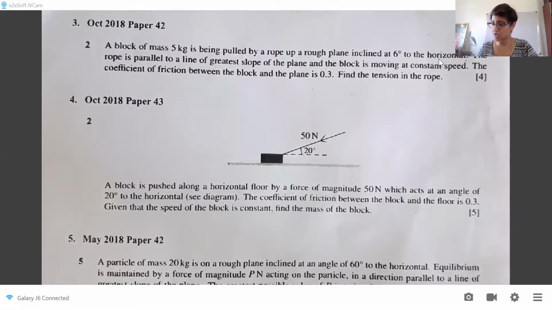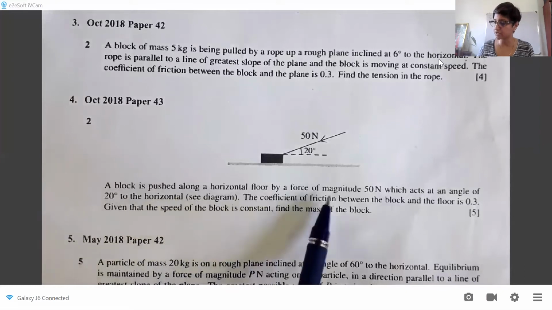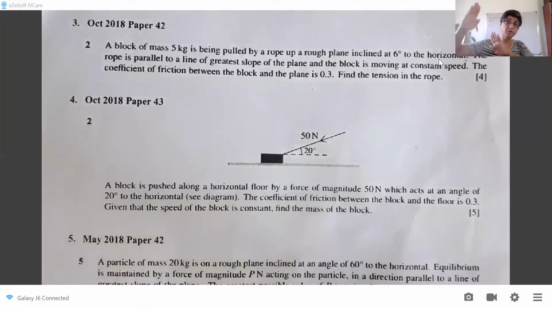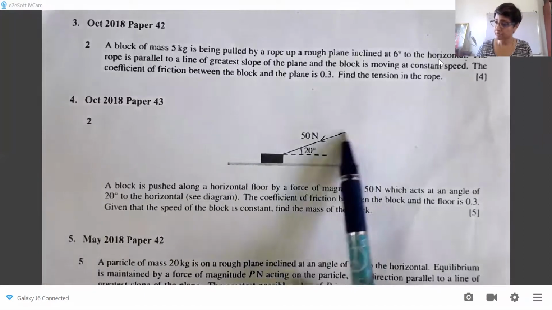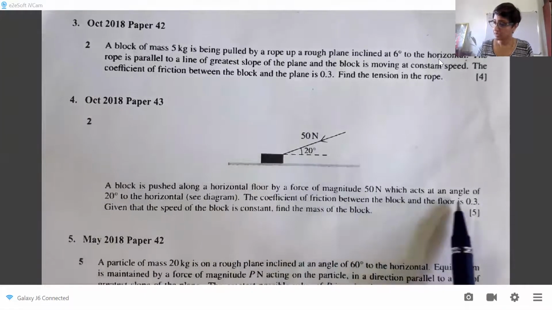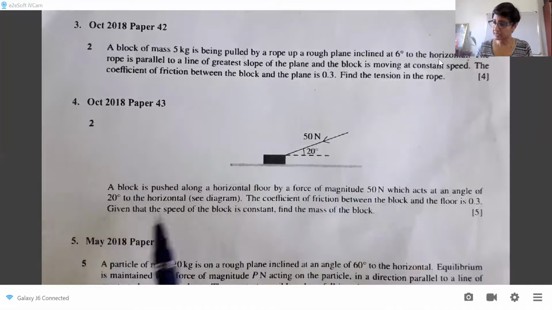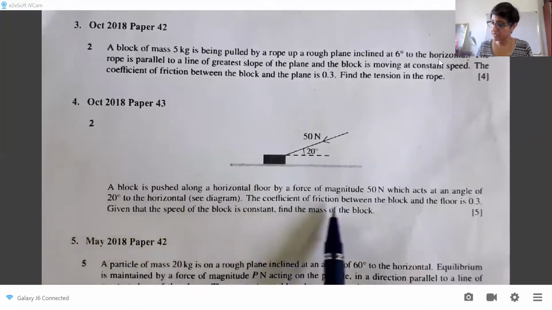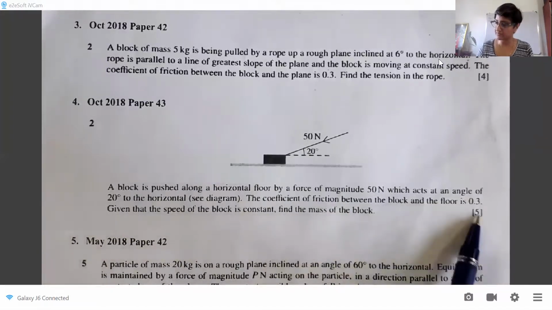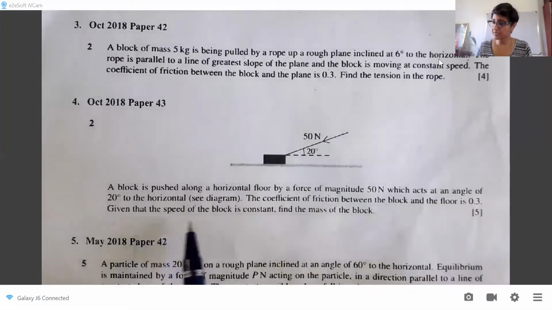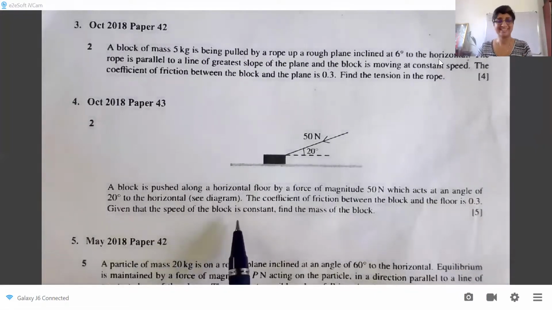So what you have is a box on a horizontal ground here. It's being pushed along a horizontal floor by a force of magnitude 50. It's pushed this way, acting at an angle of 20, as given in the diagram. There is friction. The coefficient of friction is given, 0.3. Given that the speed of the block is constant,